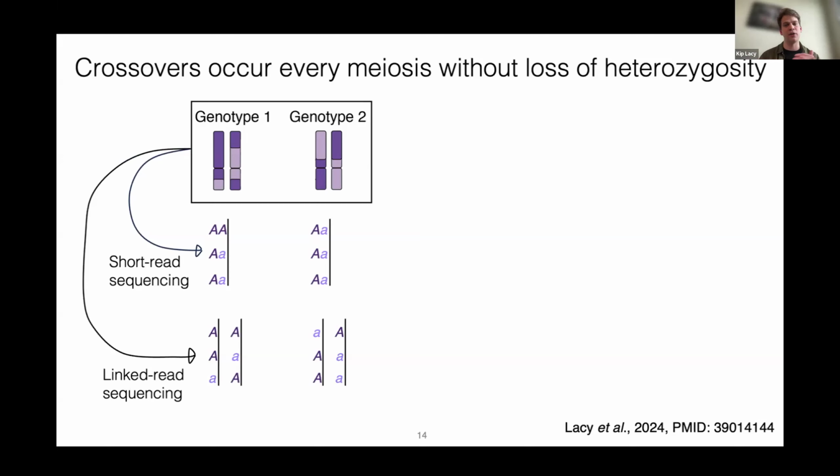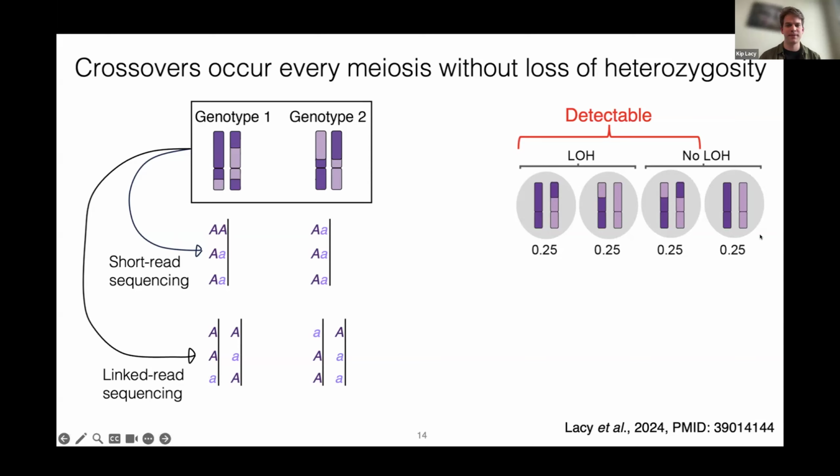I'll just show you again the 4 different inheritance outcomes following a crossover. You could either inherit one, but not both recombined chromatids. You could inherit both recombined chromatids, or you could inherit neither. And I can only detect a crossover by sequencing, say, mother-daughter pairs if at least one of the recombined chromatids